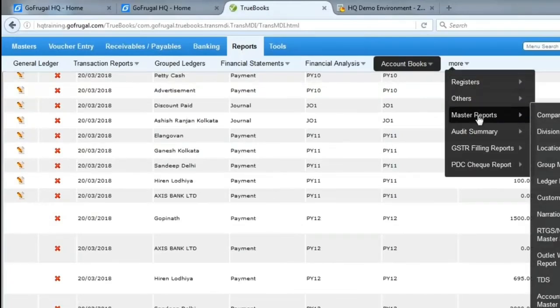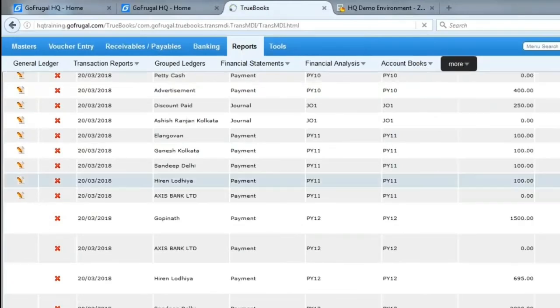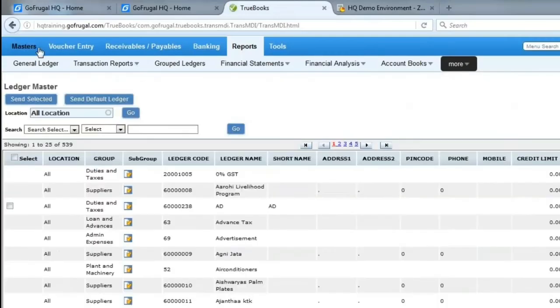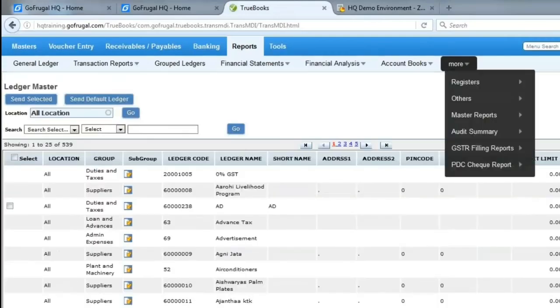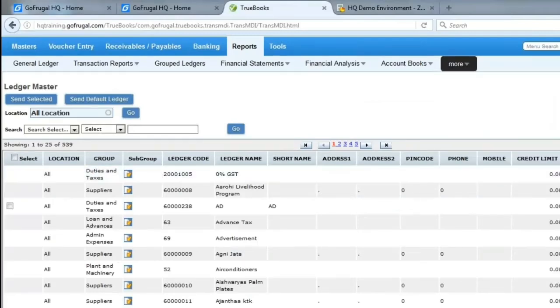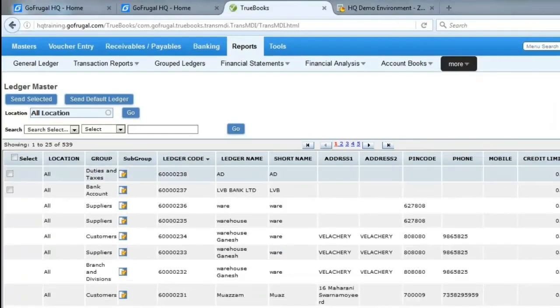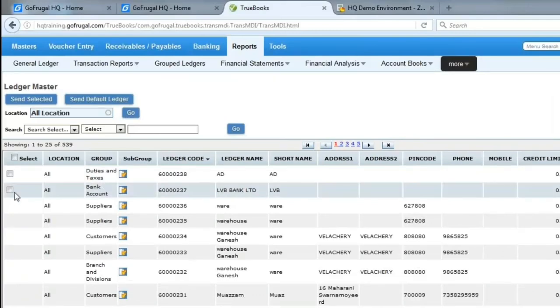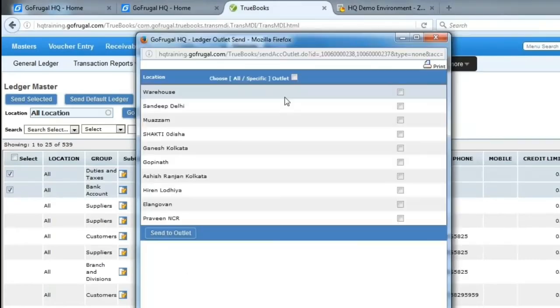So these are the master reports, ledger masters. So once you create the masters, if you go to reports, more options, masters, ledger master. So if you click on ledger code, whatever the ledgers created by us, it will display here. You can select and you can push it to the outlet.